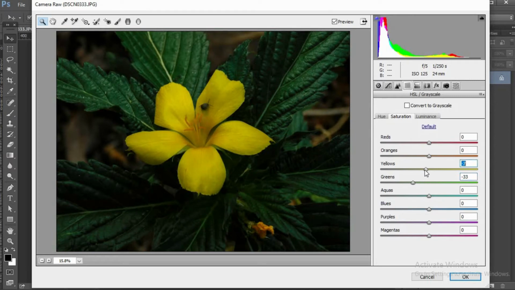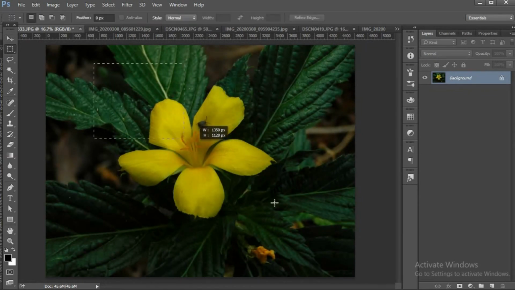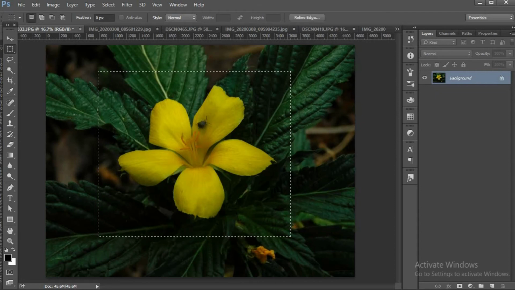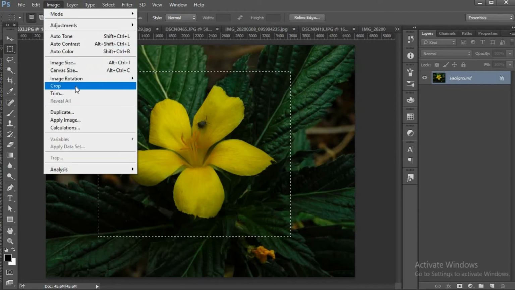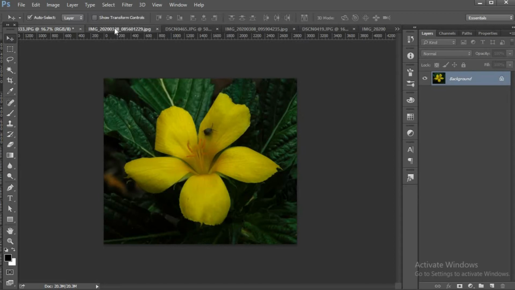Little bit yellow, yes, only a little bit. The rest all colors are fine. Okay, I open it. Now I'm gonna crop my image. Like a nice filled up frame. Image crop. There, it looks cool. Now I go to my mobile phone image.